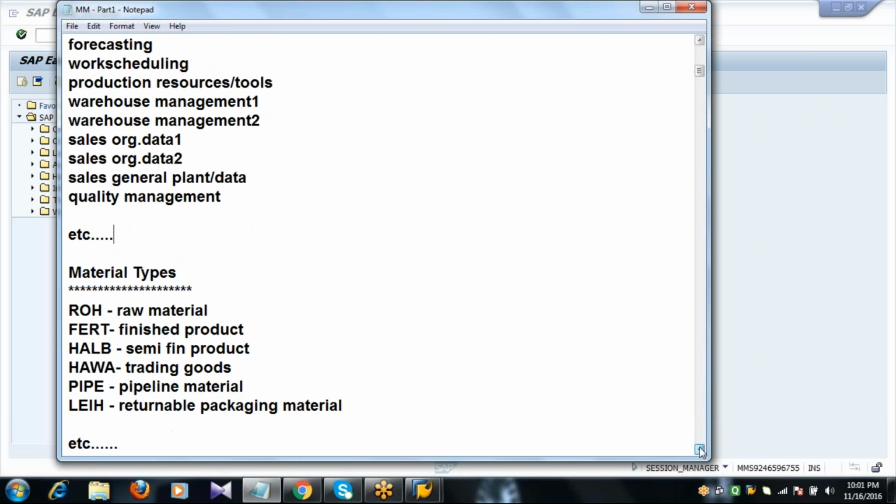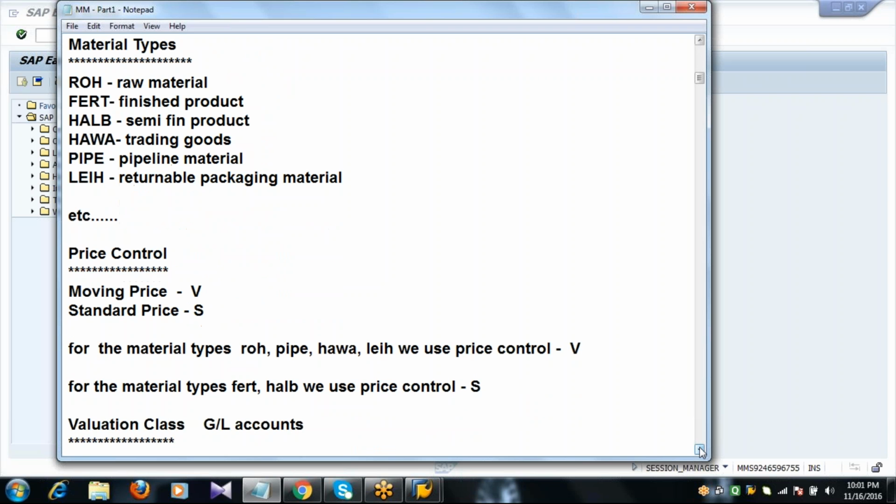Now SAP is going to subdivide the materials and goods based upon the material type. In the industry, whatever materials and goods the companies are using, those materials are identified or subdivided based upon the material type. Then what does the material type basically mean? Material type is a key that assigns the materials to a group of material types